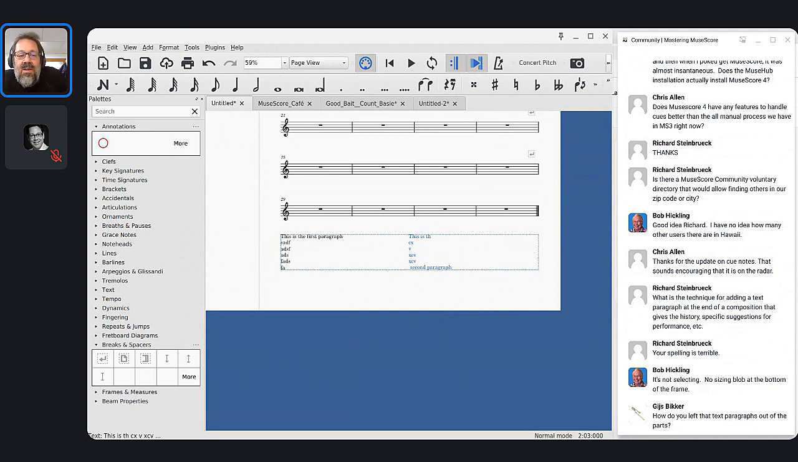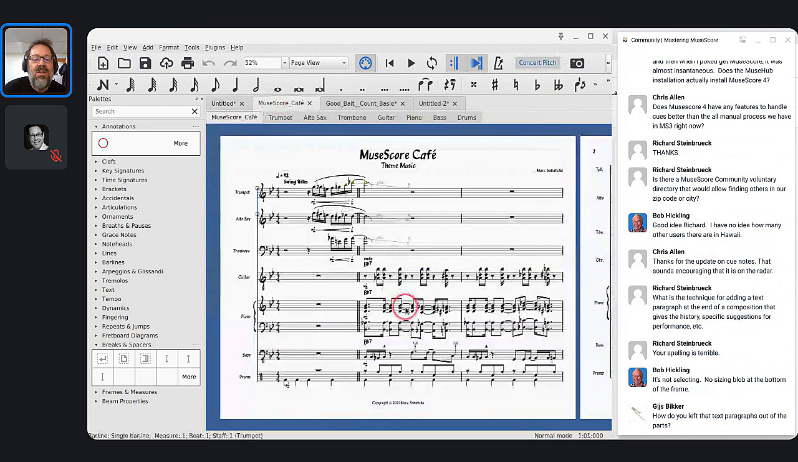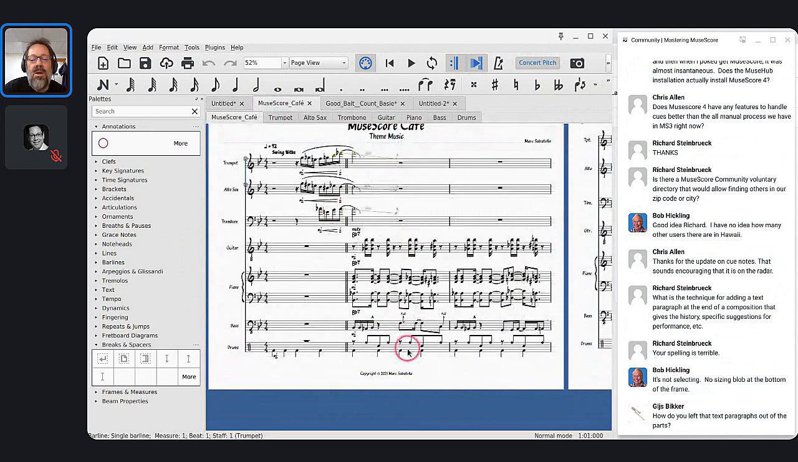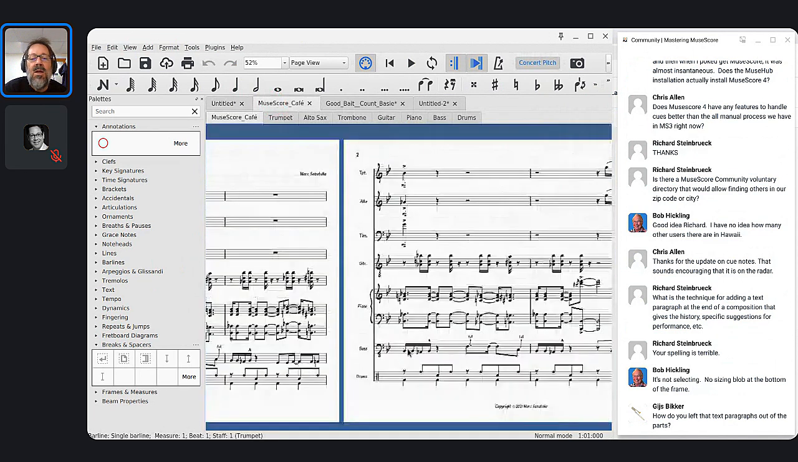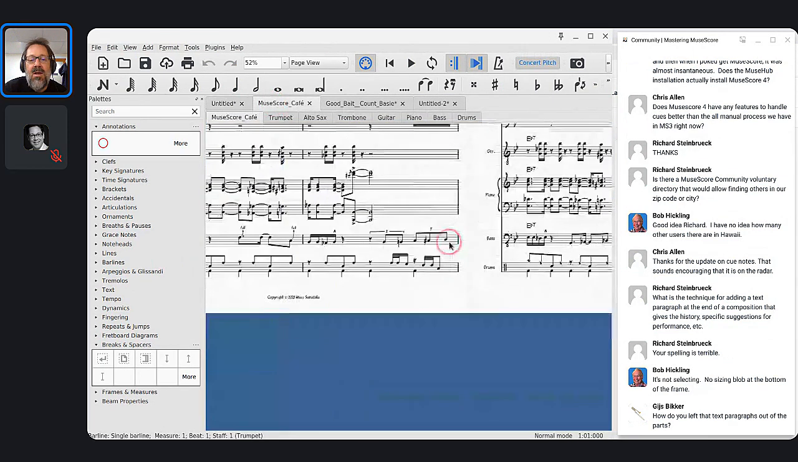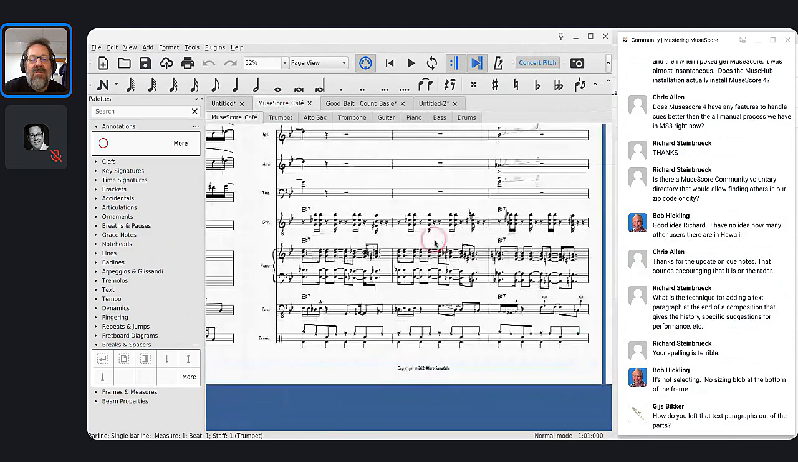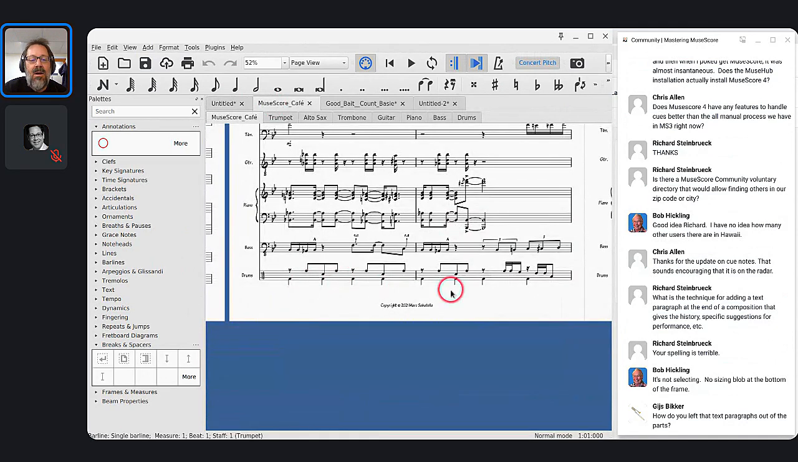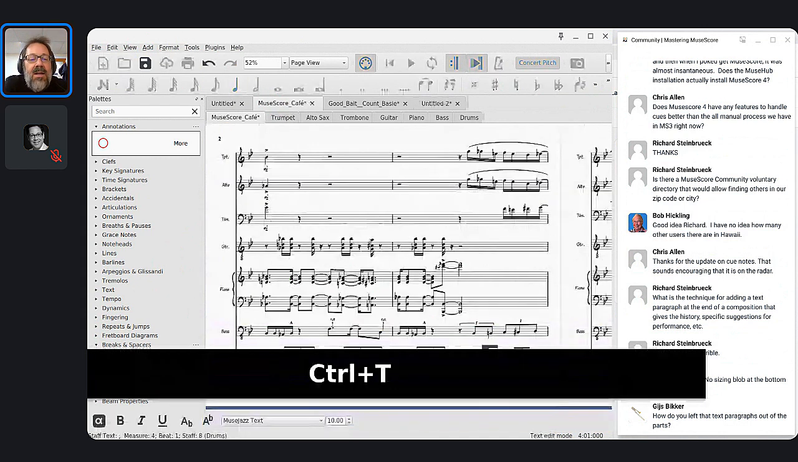So if you have a need for text that's in the score but not the parts, I'll tell you my suggested workaround. If I want there to be some text in here that's going to be in the score but not in the parts somewhere, instead of trying to put it in a frame, I will add it as staff text. So if I want there to be like a footnote down here, I will select the bottom staff, add some staff text,